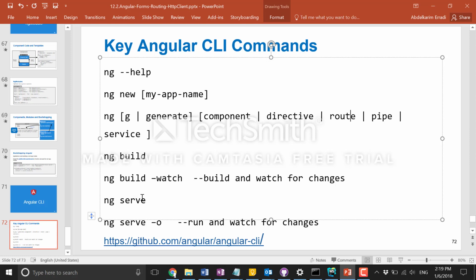ng serve allows you to run your Angular app. You can also do ng serve with the -o flag, and this flag will tell ng serve to watch your source code. Whenever you make any changes, it will rebuild and redeploy and refresh your